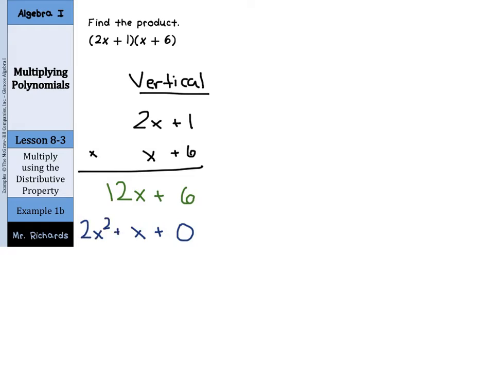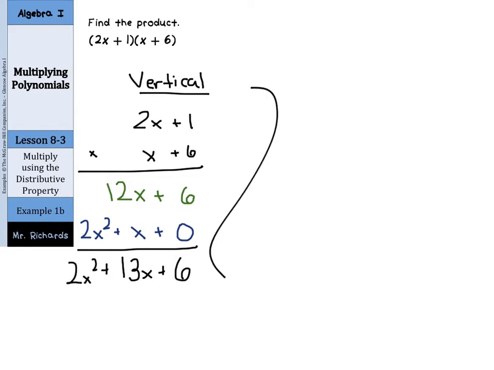And now we get to combine. 6 plus 0 is 6. 12x plus 1x is 13x. And then we have our 2x squared. And that's the vertical method of multiplying and finding this product. And of course, we have also the horizontal method,